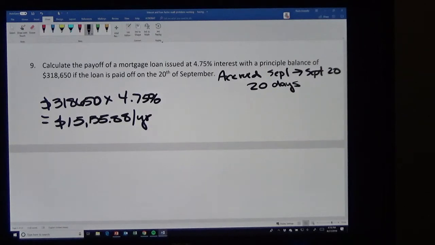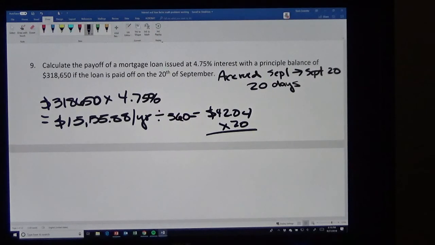And we could divide that by 360 to get our daily rate. That's $42.04 a day. Times 20 days. And that's $840.80